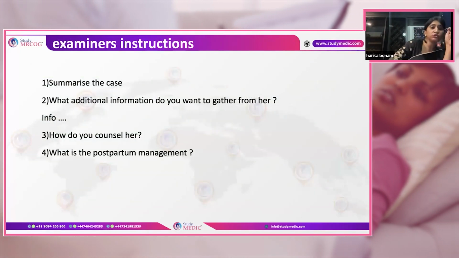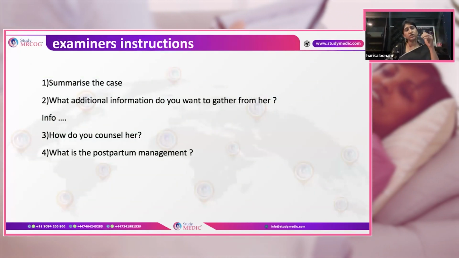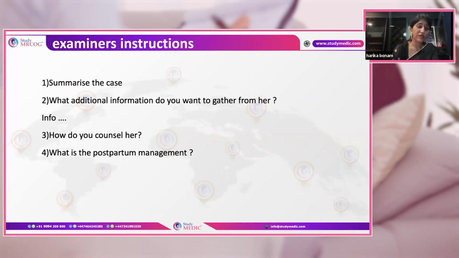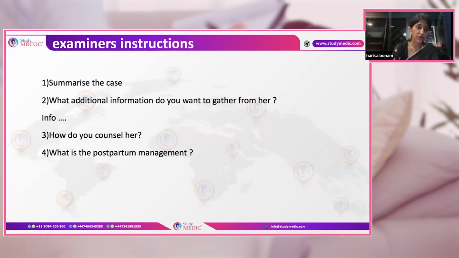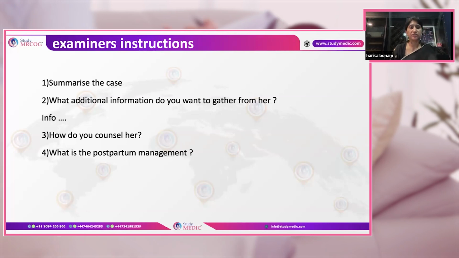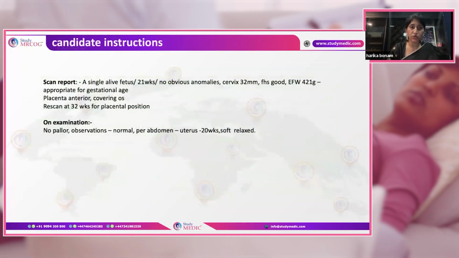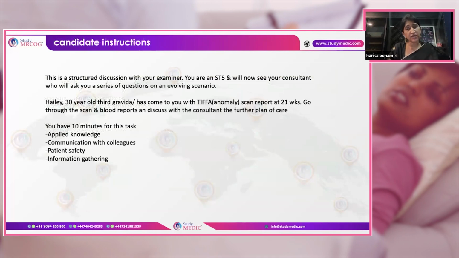Now, when they ask you to summarize the case, in most structured discussions, especially if it is a case of APH or PPH, please remember that it will be an evolving scenario. So you'll have to summarize the case in the SBAR format. So this lady, if they ask you to summarize, you can say that this lady is a 30 years old